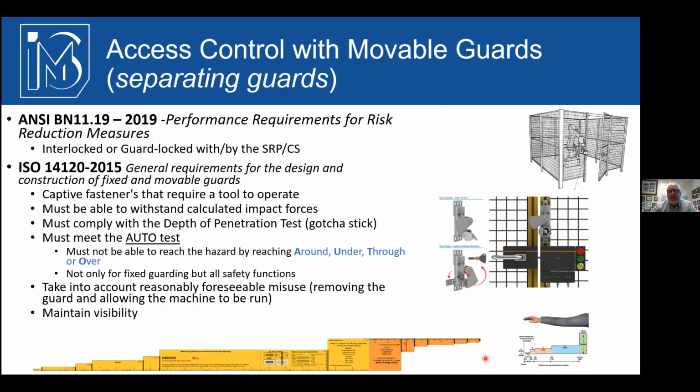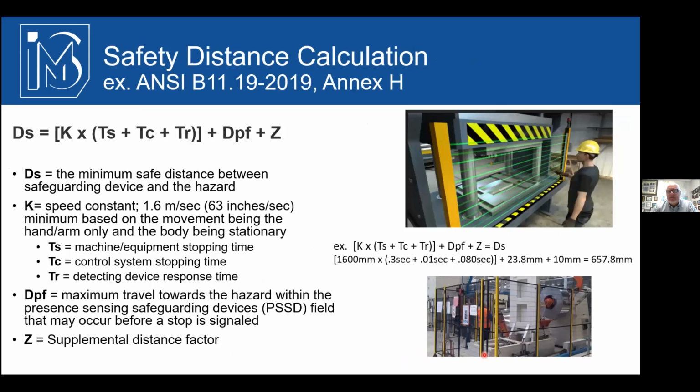You first test that, but then the other thing we need to test, which will come out of the functional requirement specification, is how fast do I need to attain a safe state? And looking at the application, what is the safe distance that my guards have to be